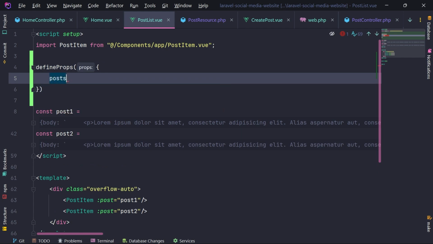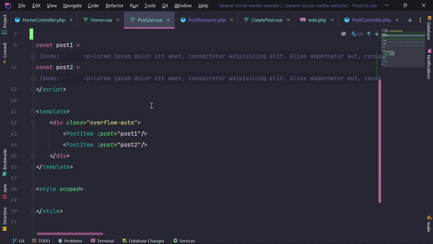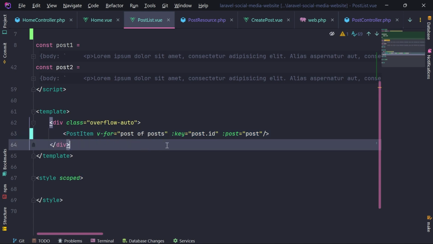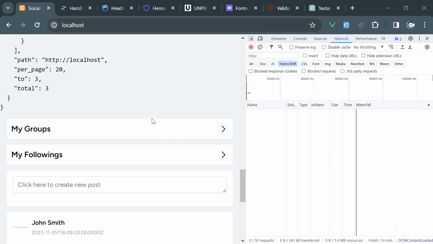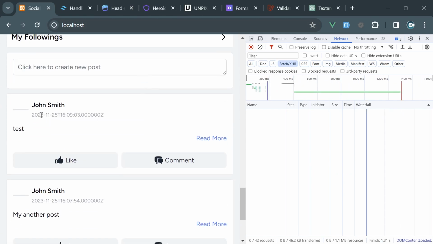I'm going to define posts to be array, and I'm going to iterate over my posts with v-for, post of posts, and I'm going to provide key here as well to be post ID, and the post will be this post. So now I save this and reload the page, and I see John Smith,